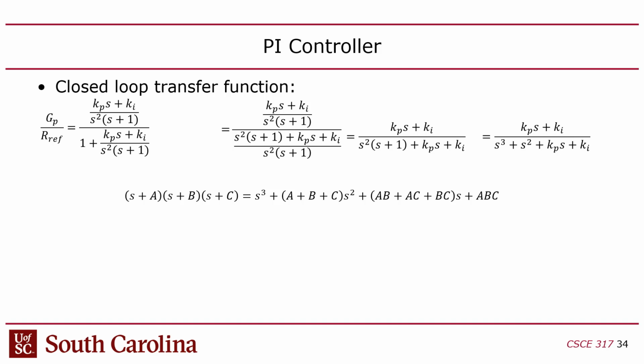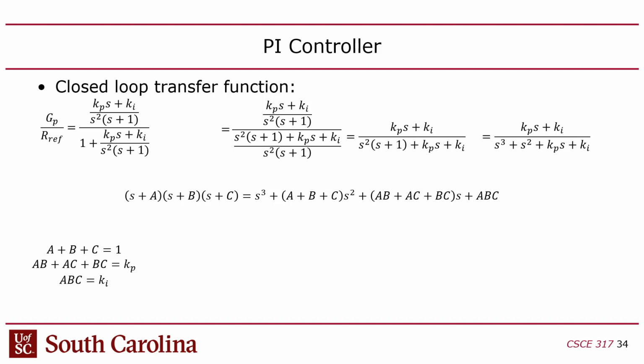So if you have this and you multiply this out, it's going to be S cubed plus (A+B+C) times S squared plus (AB+AC+BC) times S plus ABC, right? That's just the expanded form of that. And then I can say, if I compare this expression to this expression, I can see that